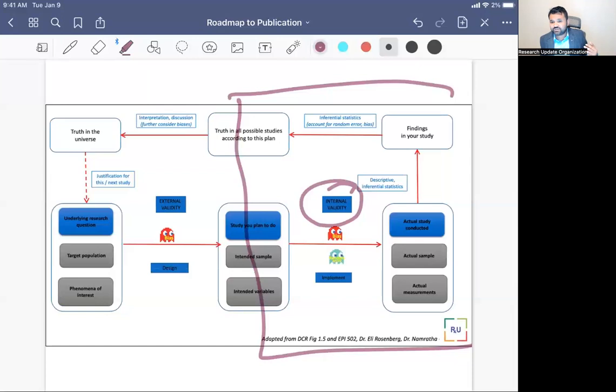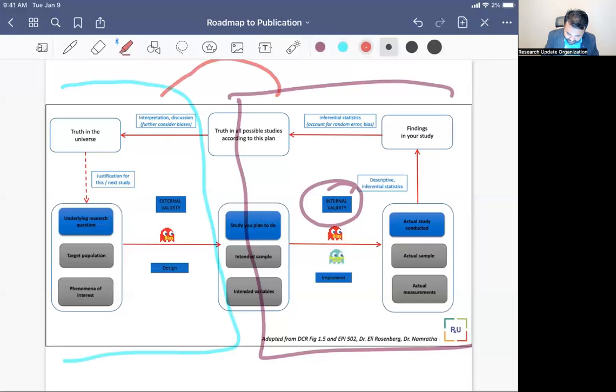Then in that case, you are going to choose a small number of people in order to identify what the incident, the recent incident, or the prevalence of COVID-19 is, right? That's a research question. Whatever answer you get in your study, we call that internal validity. And then after you have the internal validity, you are going to plan in a way that that internal validity